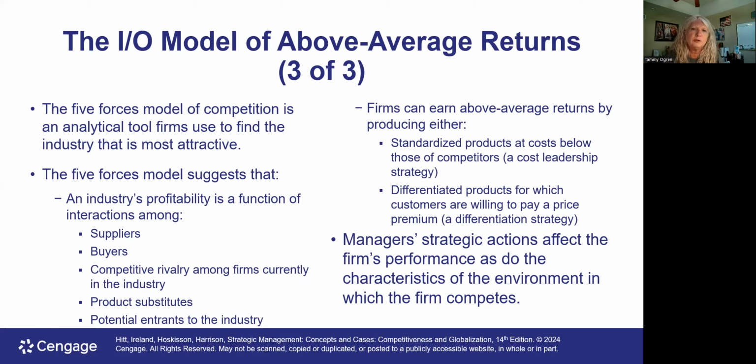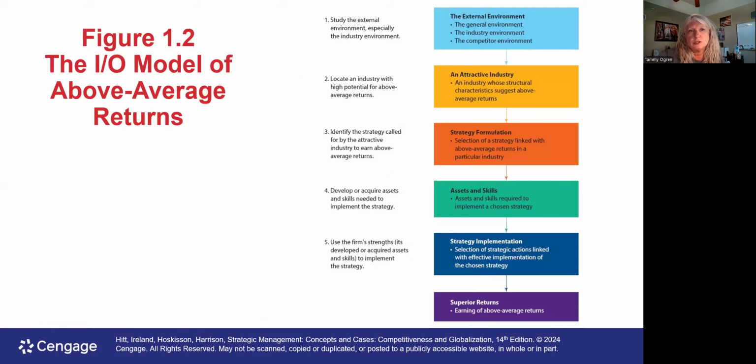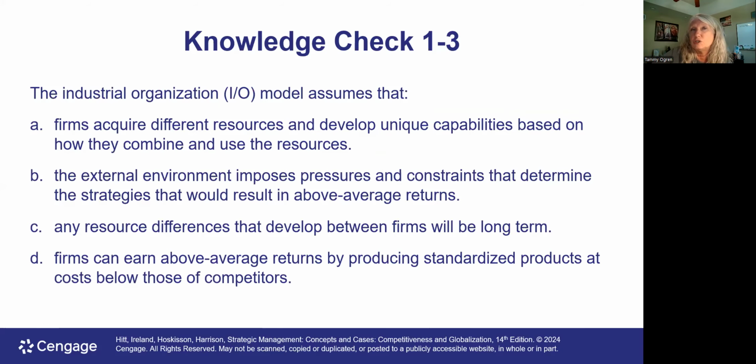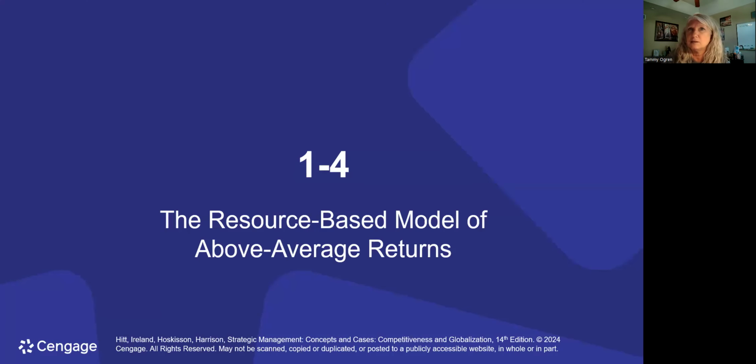So it's really how we look at the environment and what we do with that in order to develop our own strategy. This is the model that says we start with the external environment, and then we look at an attractive part of that environment in the industry where we want to compete. Then we formulate our strategy, and then we look at our assets, our skills, our resources, and use our core competencies to implement it. And when we do that, it assumes the firm's strategy is a set of commitments and actions that flow from the industry knowledge to the firm we choose to compete most closely against.